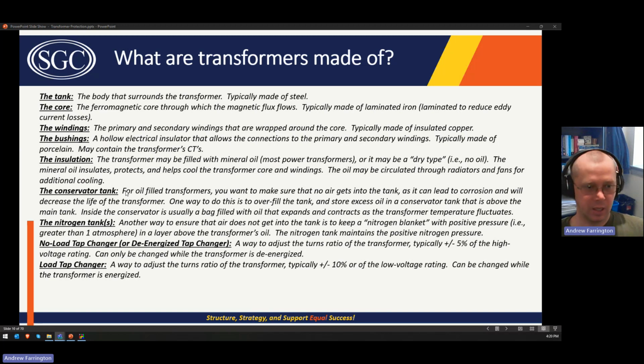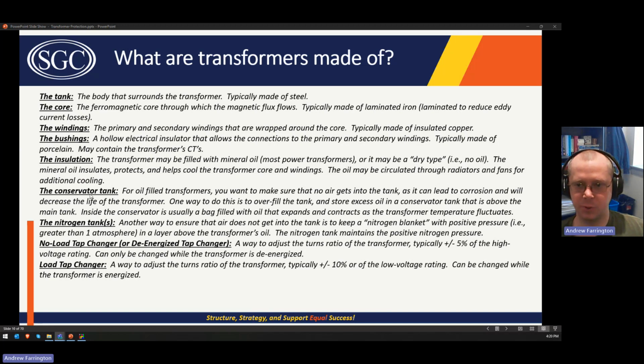And it also gives the transformer some thermal inertia, right? So if you're heavily loading the transformer and the core and the windings are heating up, it's going to heat up that oil, but it's going to take a while for the oil to heat up, right? So that can transfer or disperse some of that heat from the core or the windings into the oil, and it can potentially prevent damage to the transformer. So the oil has several really nice properties. So that's why they're very common